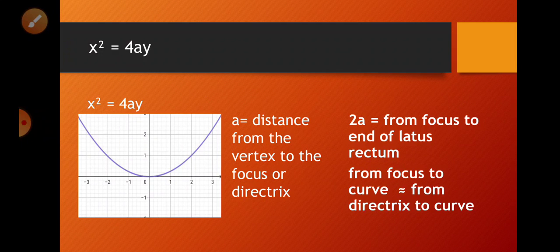Now, twice a is the distance from the focus to the end of latus rectum. And the distance from the focus to the curve is congruent to the distance from the directrix to the curve. To illustrate,